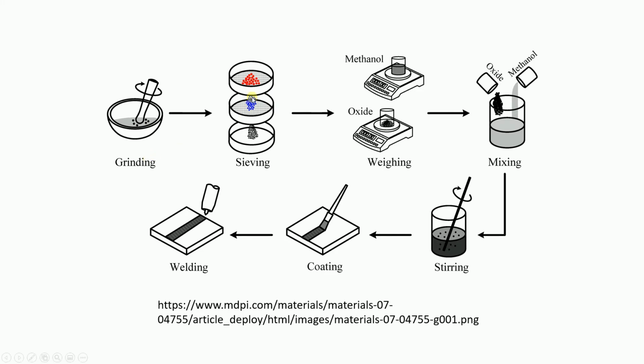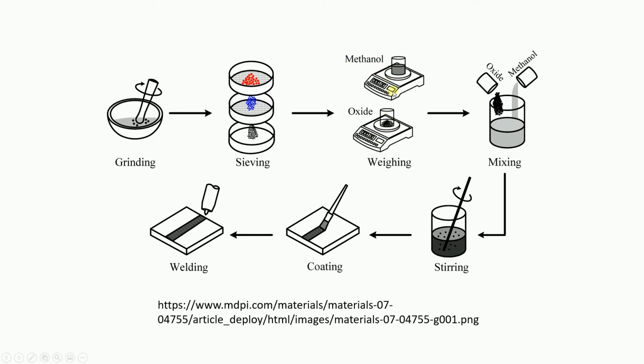We can't say that everything is fine, so we are using sieving, different size sieving, and we are taking the fine powders. Why fine powders? Because if you are going to mix with any alcohol and acetone, it should be readily mixed. If you are using solid particles, it will not mix. That means you will not get uniform coating over it.